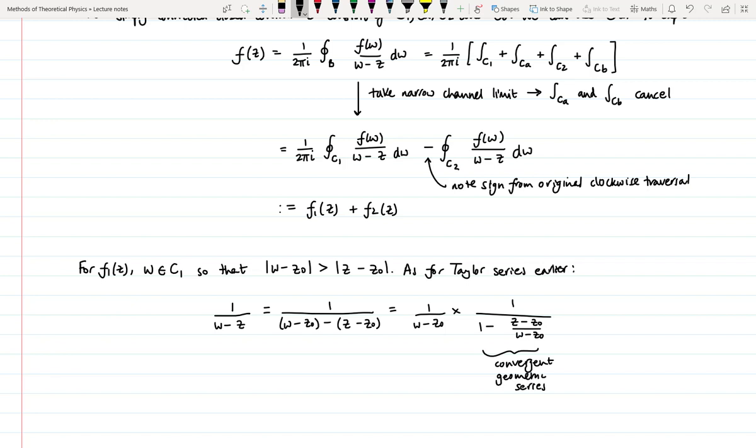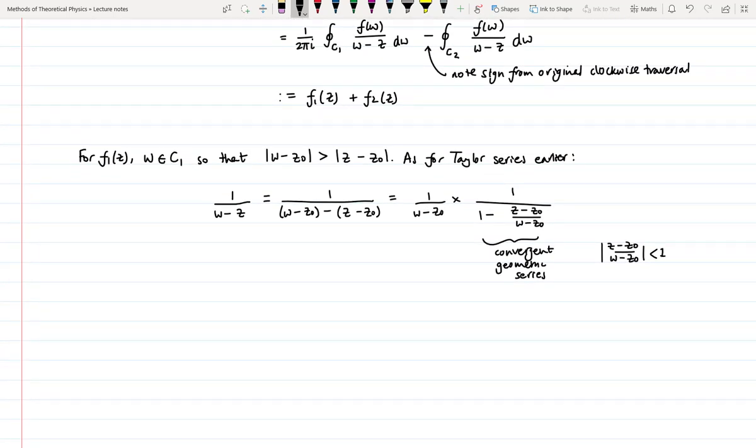And this is convergent because we have that the absolute value of (z minus z naught) over (w minus z naught) is less than 1. Substituting this expansion of 1 over w minus z into our expression at the top of the page for f1 of z gives us, as earlier,